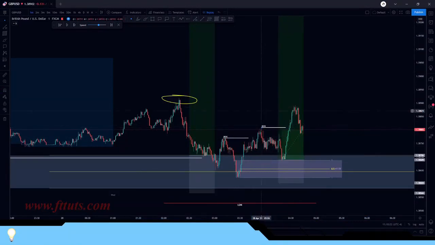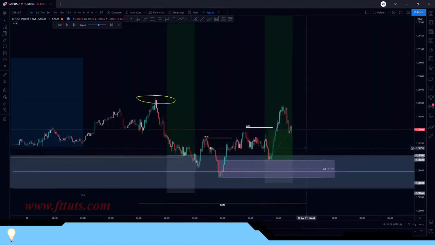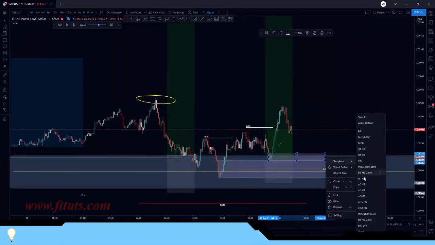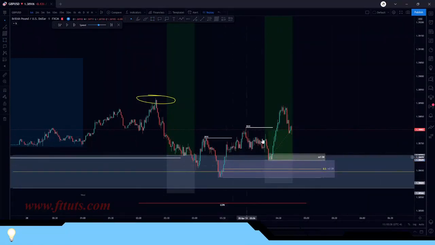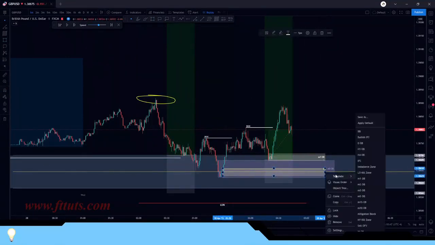Okay, and what we can anticipate is price to come back, right, to this 1 minute order block, or come back to this 1 minute order block where the point of origin lies, right, where there's still imbalance that remains there. Okay,